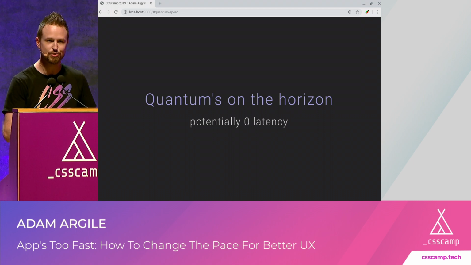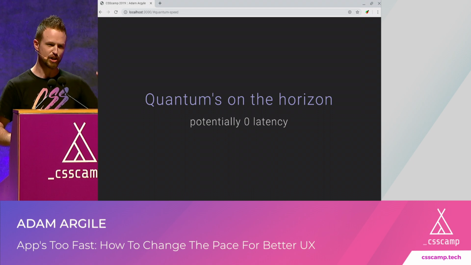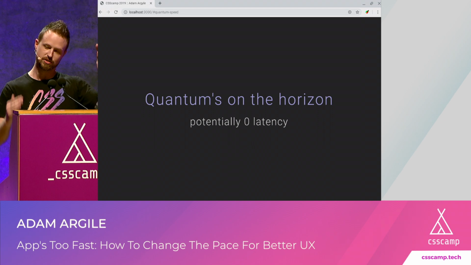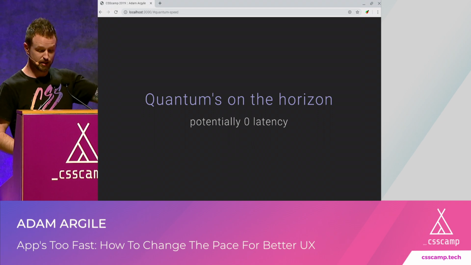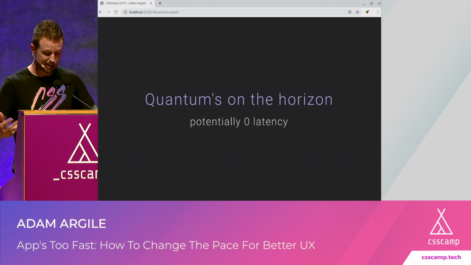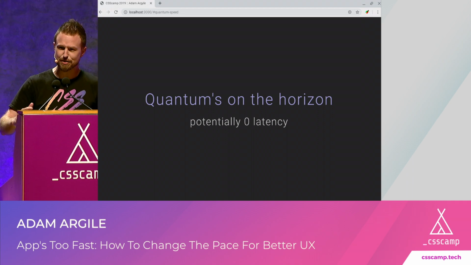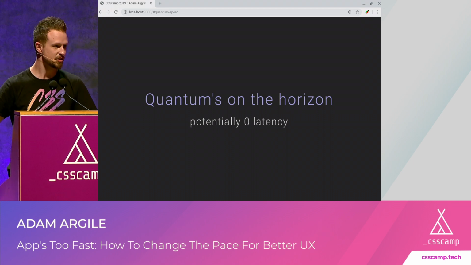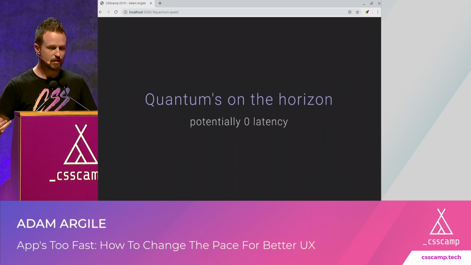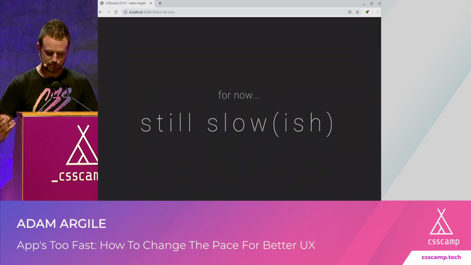What we're running into is this interesting scenario where we were like, speed, speed, speed, the internet's slow and your computer's slow, and now we're like, oh crap, everything's really fast. It's almost so fast that we get experiences that feel kind of janky. So we have even more speed coming down the line, and I think we have even more of a responsibility to start thinking about time and what we are going to do with all that speed.